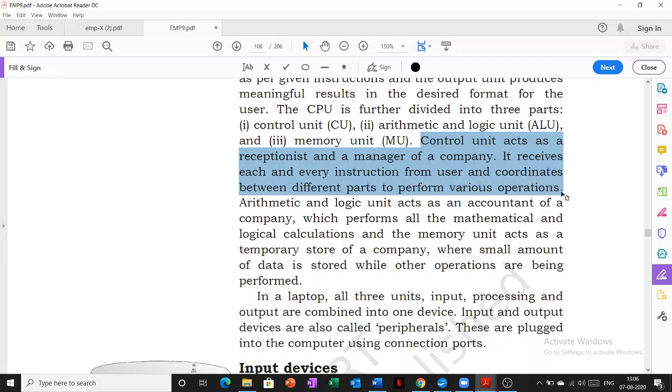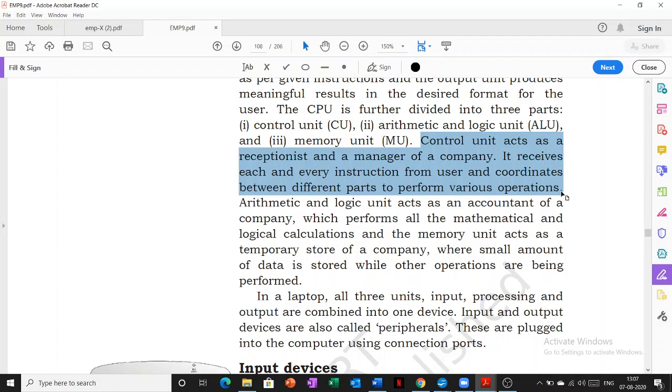Let me give you an example. Suppose we are giving our computer different commands at the same time. Like I am telling the computer to open Microsoft Word, and at the same time I'm asking it to open MS Excel. So I'm giving it simultaneous commands.